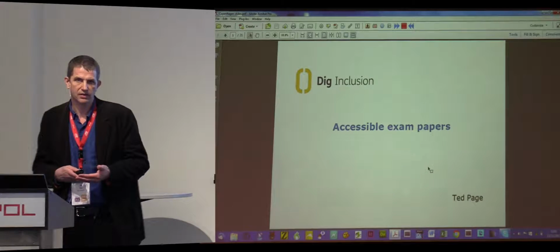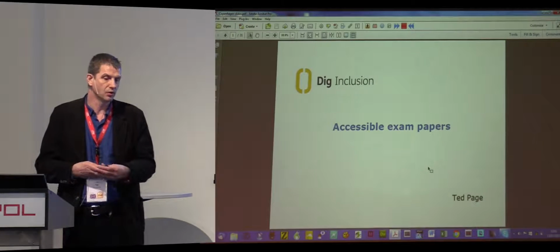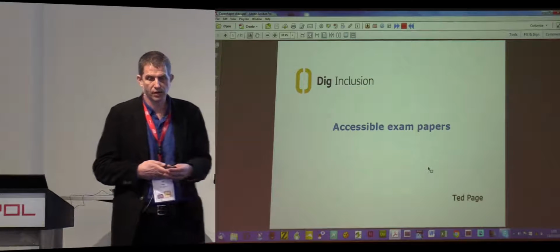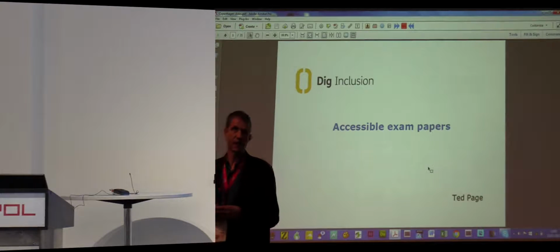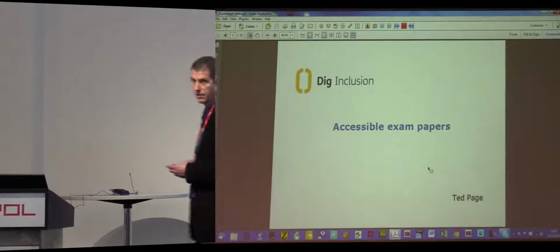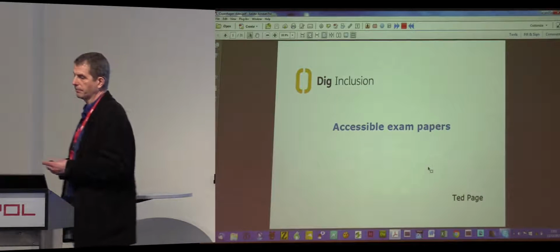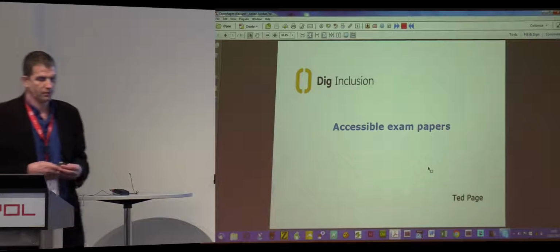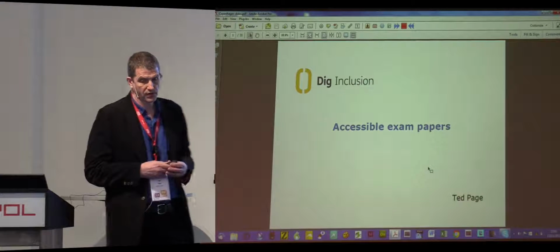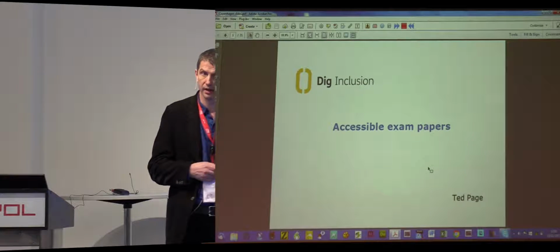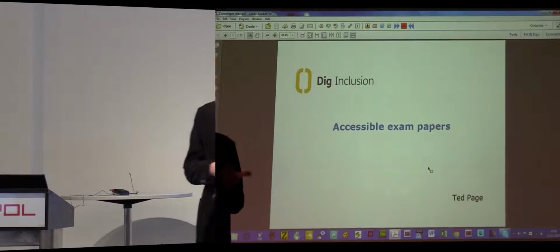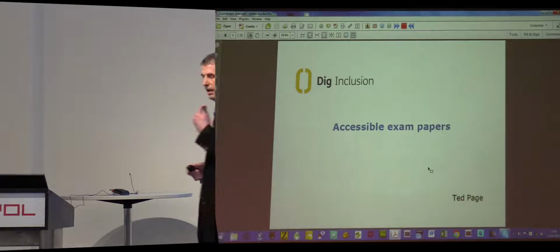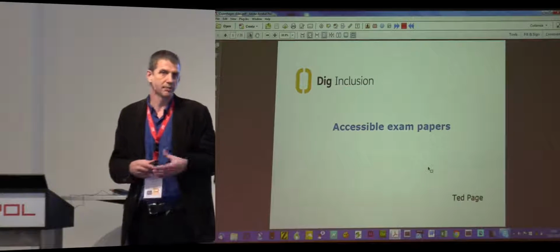But what I do want to talk about is a couple of issues that I think don't usually get the kind of coverage that they should. One of those is content and the problems of inaccessible content. And another issue I want to talk about is the need, certainly in the context of exams, and I think elsewhere, of going beyond standard tagging techniques and beyond screen reader accessibility in order to make PDFs